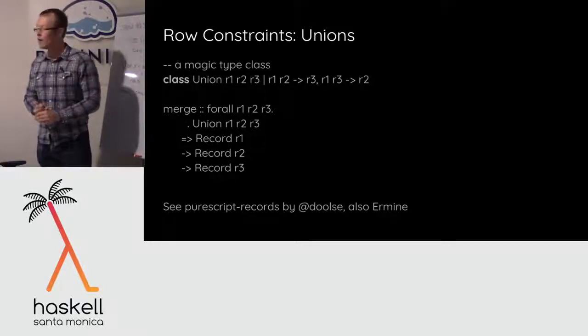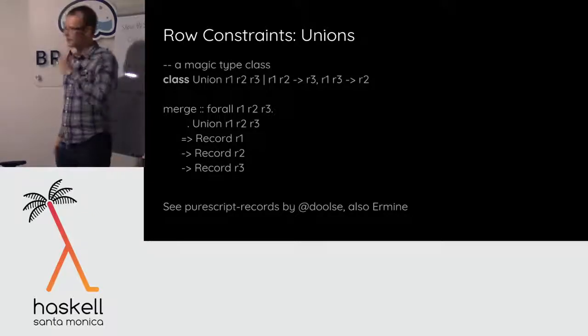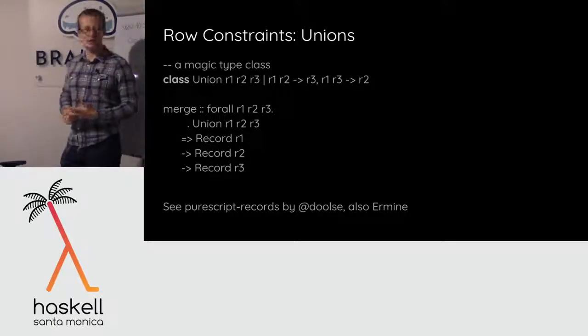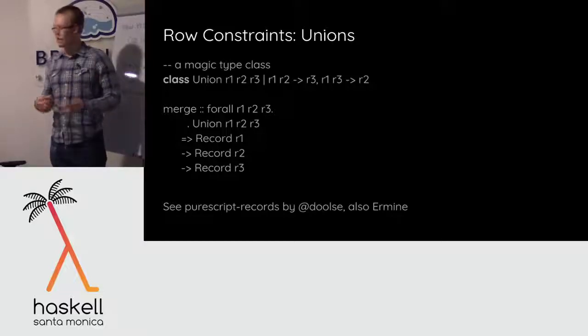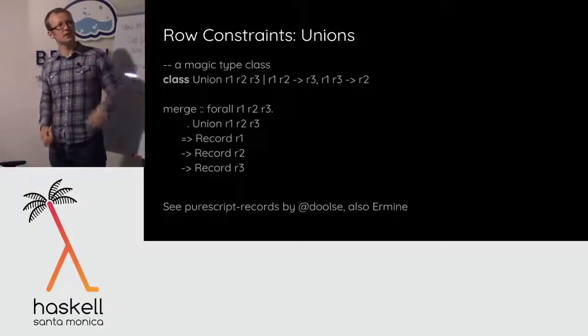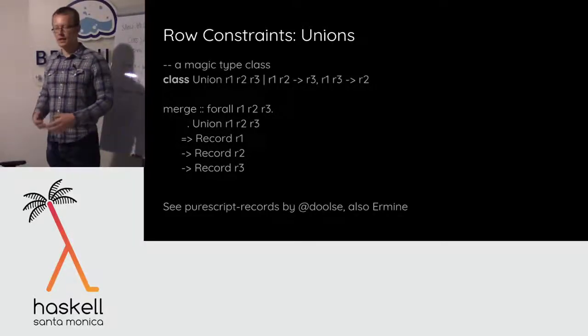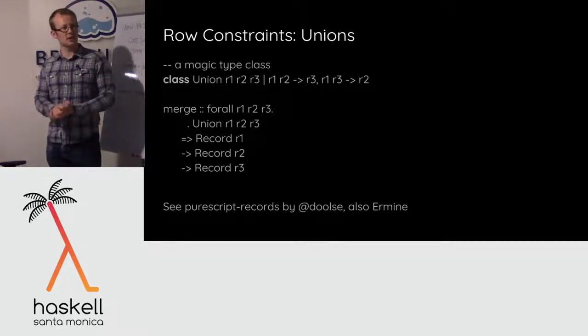What's that? Which compiler? Ermine. It's S&P Capital IQ, I think, right? Develops it. Compiles to the JVM, I believe. And they have row polymorphism as well, and they have these nice row constraints. So it lets you give nice types to things like relational joins. Ours is a little different from the one in Ermine, but the concept is basically the same.